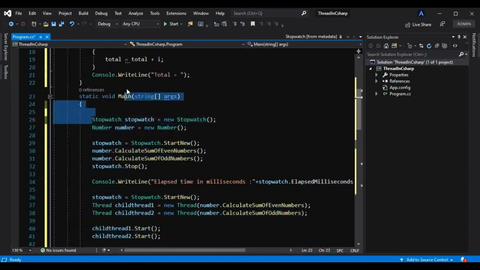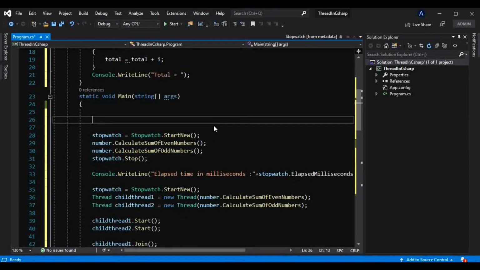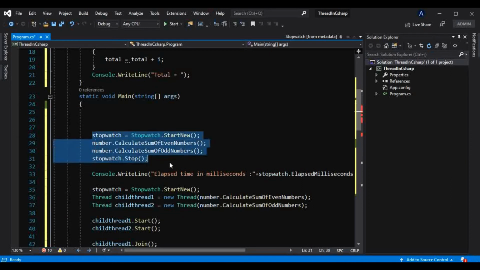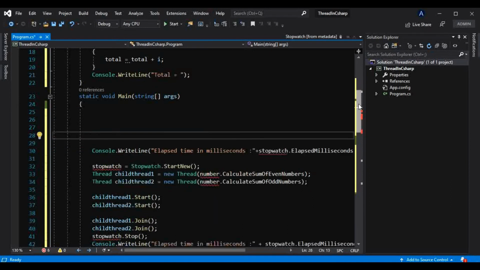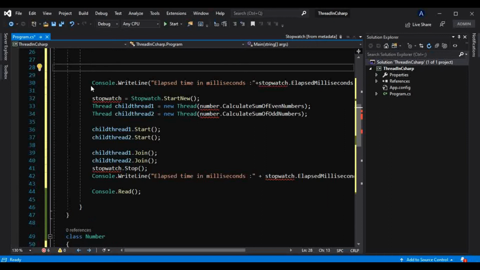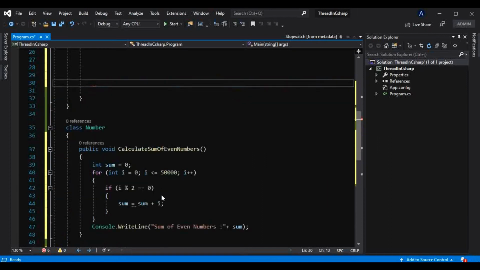I will get rid of all of this. We don't need this stopwatch as well, as I want to only show you the disadvantage of resource sharing.